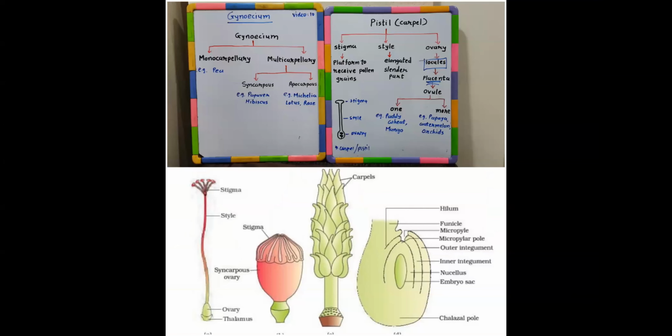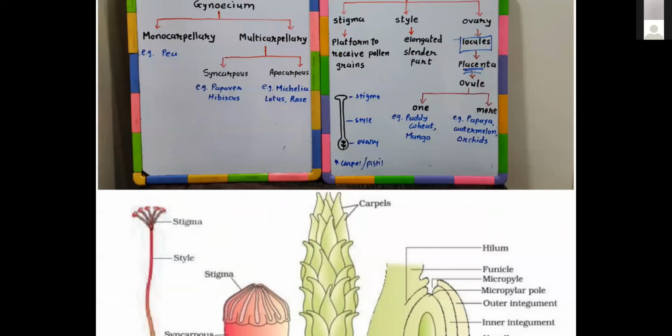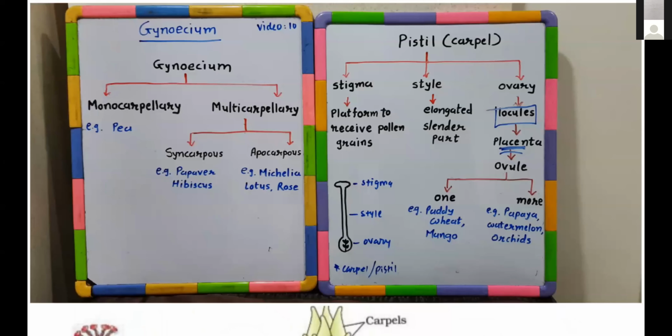Well, in the last lecture, we discussed androecium, completed that topic. We move to the next, gynoecium, the female reproductive whorl, that is called gynoecium. The units of the gynoecium are called carpels or pistil. You may call it the carpel or pistil. There can be two possibilities in a flower with regard to the gynoecium setup.